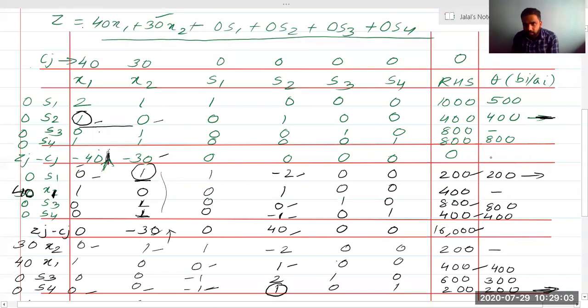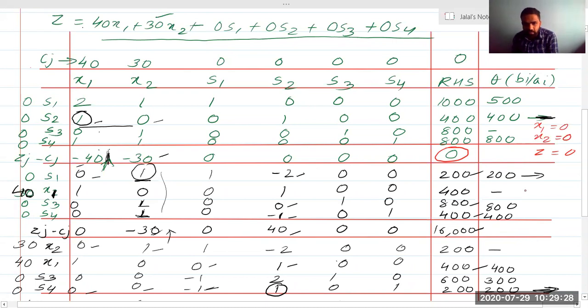If we just look at the first iteration, there is no x1 and x2. So in the first iteration, x1 is equal to 0, x2 is equal to 0, since all the variables are basis variables, and z is also equal to 0. This is our z, right? Since x1 and x2 are not there in the solution, x1 and x2 will be equal to 0. This was one of our solutions in the graphical method.